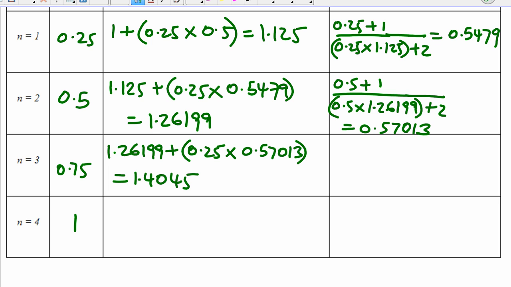And use the current values of x and y, plug into the original differential equation. So you have 0.75 plus 1 over 0.75 multiplied by 1.4045 plus 2. And this will give you